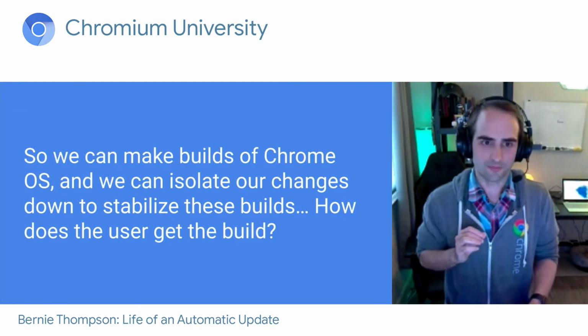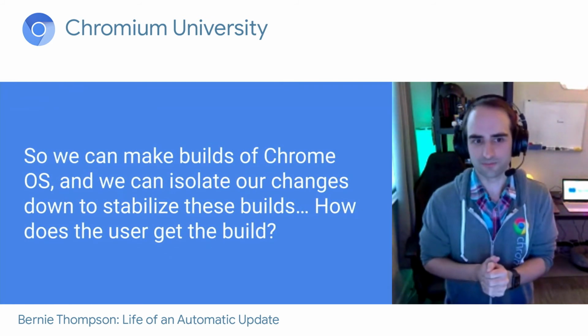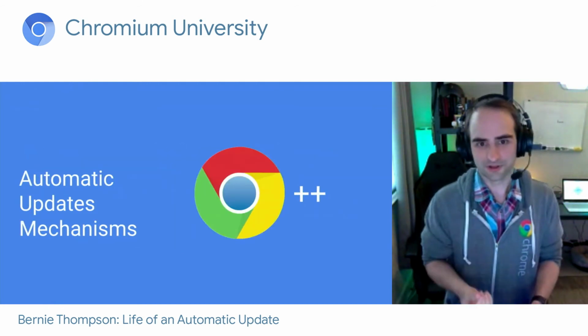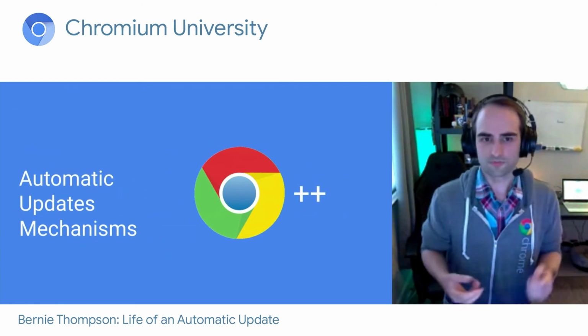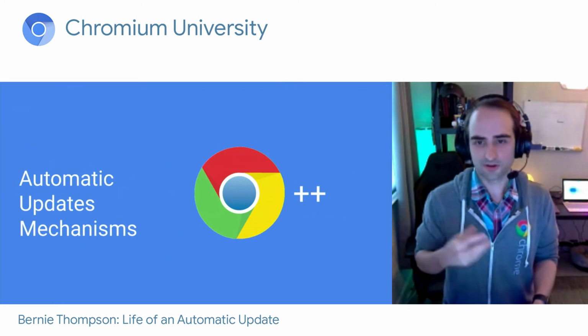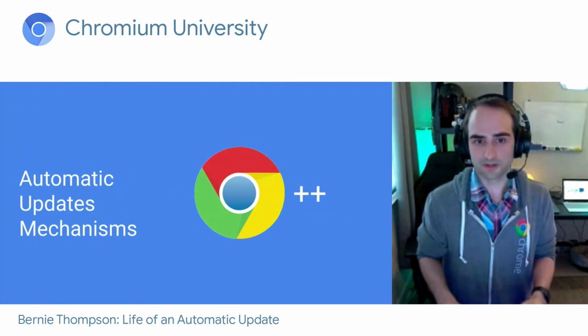So we can make builds of Chrome OS and we can isolate our changes down to stabilize these builds. How does the user actually get the build? Here we'll talk about some automated update mechanisms. Now, note that most of these tools aren't really available to the public. You can see source for some of it and you can see references, but the concepts are still useful outside of the team. And you can actually see a lot of what's happening with the update mechanisms on a